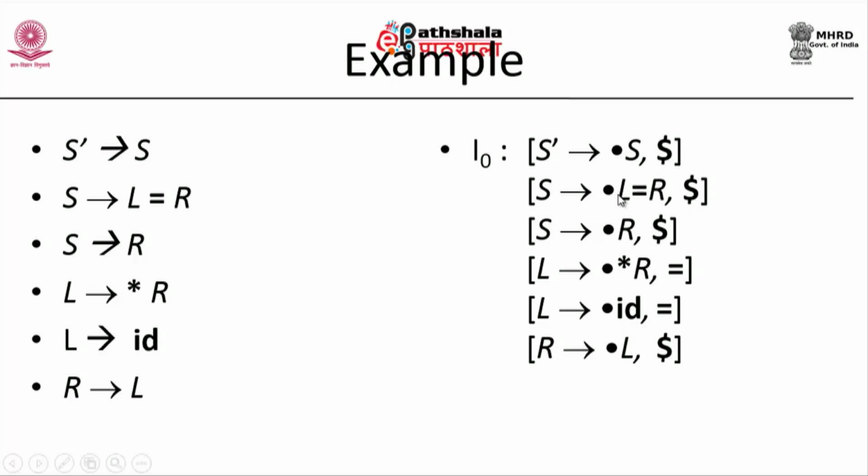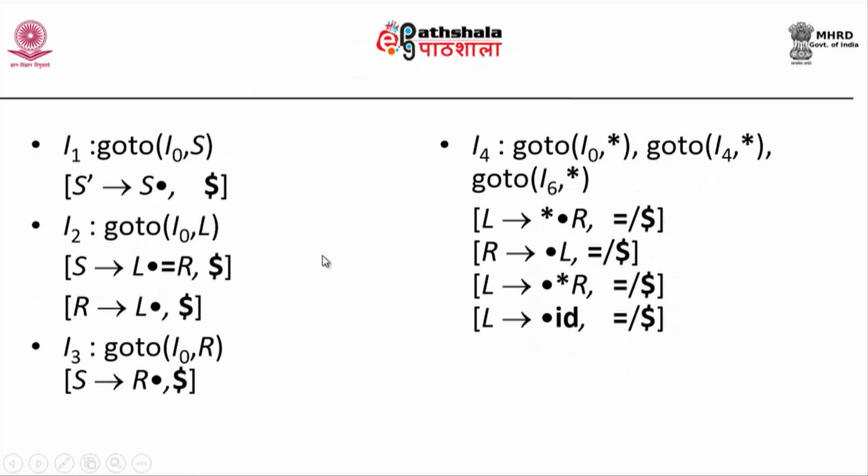Again while adding, I have two productions for S, and I added those two productions for S. Now here I have an L and an R, where L is now called B. Beta is equal to R here, and beta A gives first of beta A as equal to. So for the productions of L, my second look ahead symbol happens to be equal to. Similarly for the other, my look ahead symbol happens to be dollar. This is what is done, and so is the case with all other items.